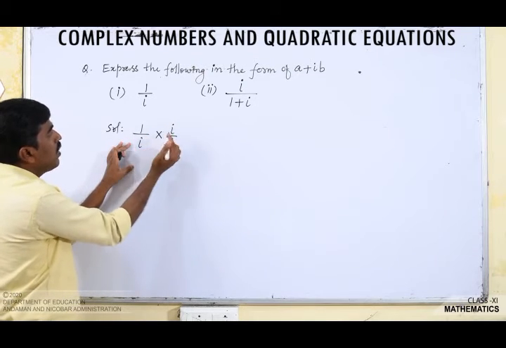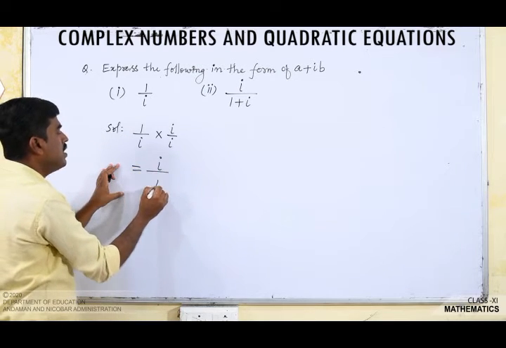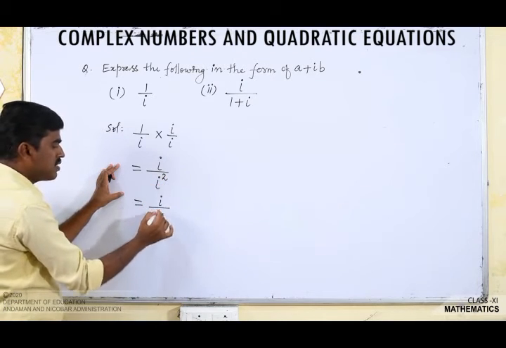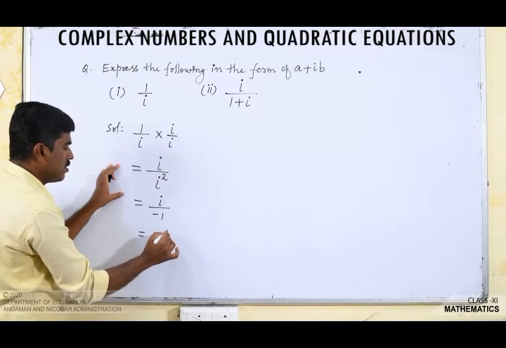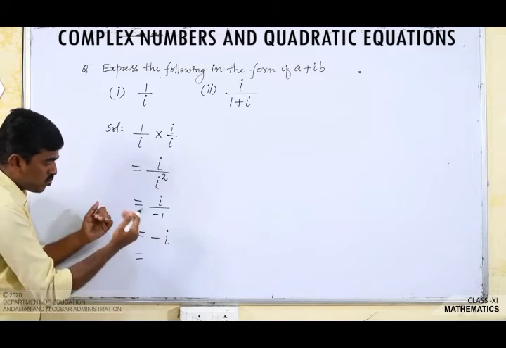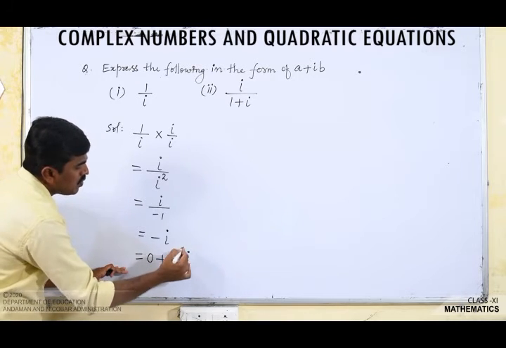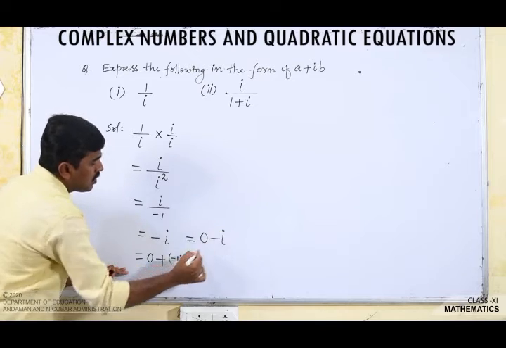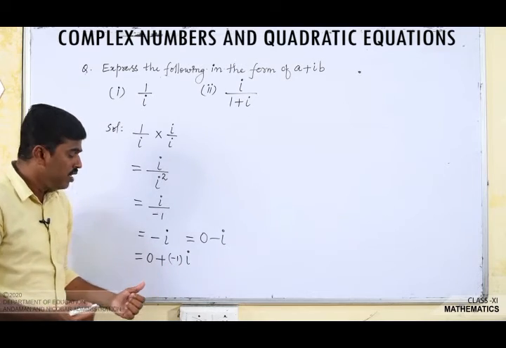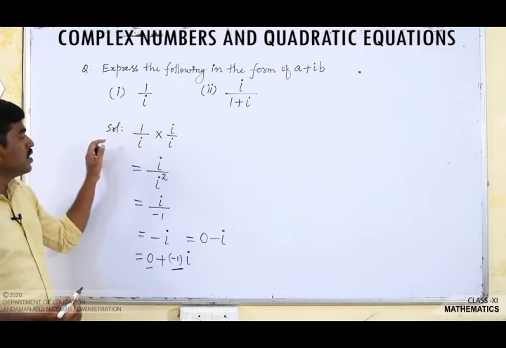So first of all we have to multiply and divide by i here. So we will get i divided by i square. Okay. So this i divided by i square can be written as minus i. So that is equal to minus i. So in the standard form it can be expressed as, now it is purely imaginary, so the real part will be 0. So 0 plus minus 1 i, or it can be directly written as 0 minus i. Okay. 0 minus i, or it can also be expressed as 0 plus minus 1 i. Here the real part is 0 and the imaginary part is minus 1. Okay. Clear? So 1 by i.